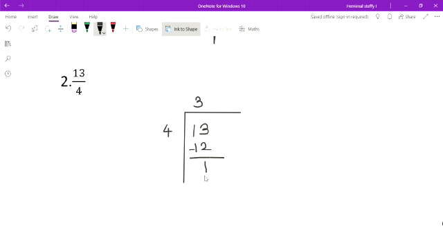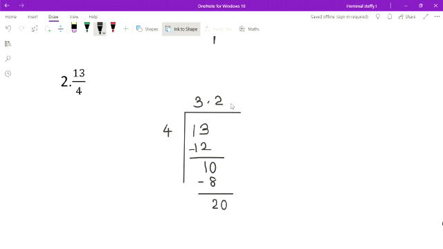Okay, is it clear? Then I cannot divide 1 by 4, so I want one more number, so I put the decimal point here. I should put the 0. It is possible to put the 0 if the point is given. Then how many times? 2. 2 fours are 8. So then I put the 8 here and minus, and 10 minus 8 gives 2, and I will add 0. I can add because here the point is there.